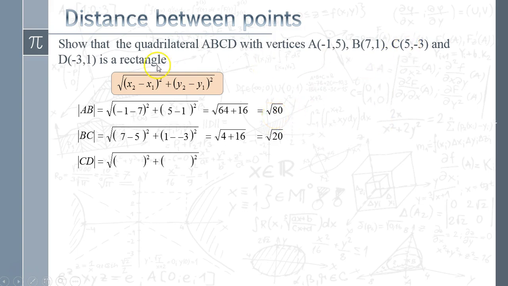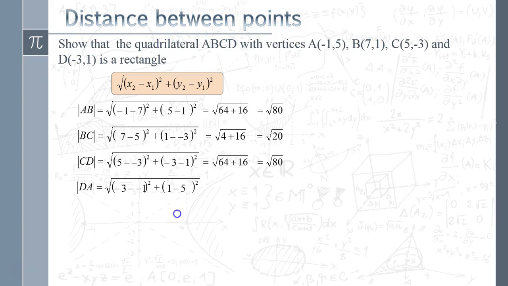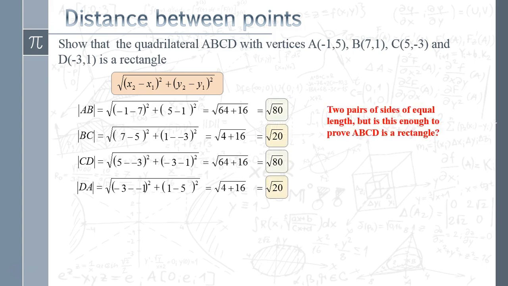So we're using CD now. Put in the coordinates. And there you go. That's what we were looking for. And finally, the last one, DA. In they go. And there we go. So what we proved is that we've got two pairs of equal sides, but have we